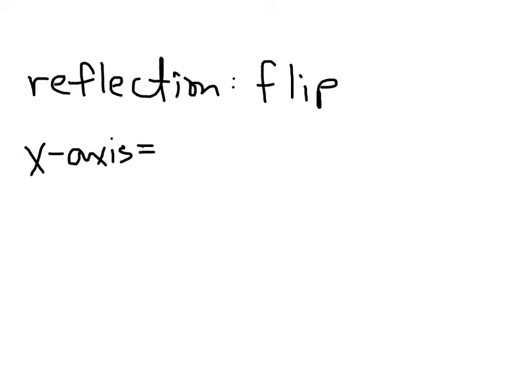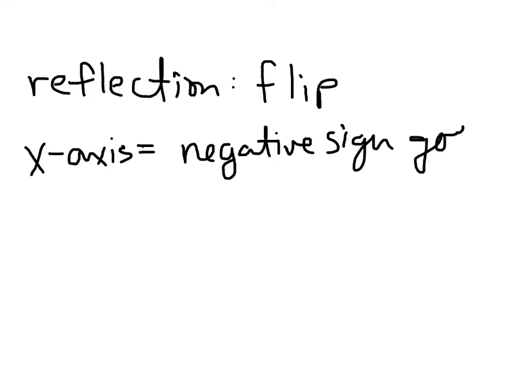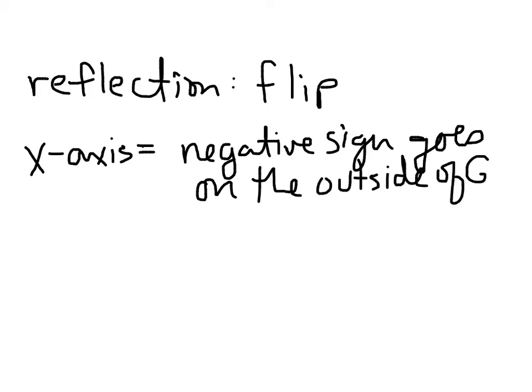what we do is you'll have a negative sign that goes on the outside of the grouping symbols. So if we're introducing a negative sign on the outside of the grouping symbol for the x-axis, what do you think the y-axis is going to be? On the inside, right? A negative sign